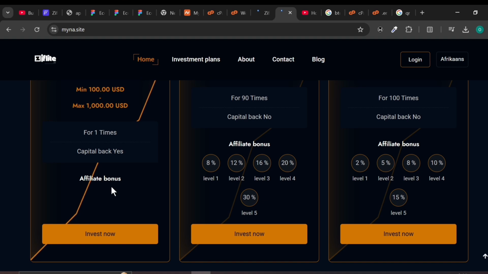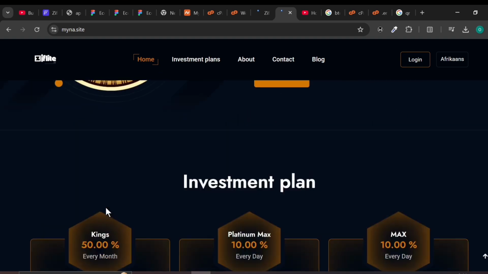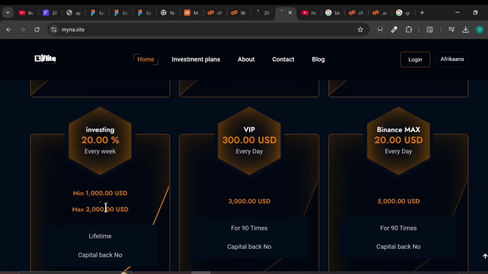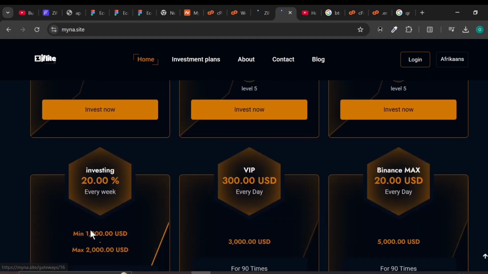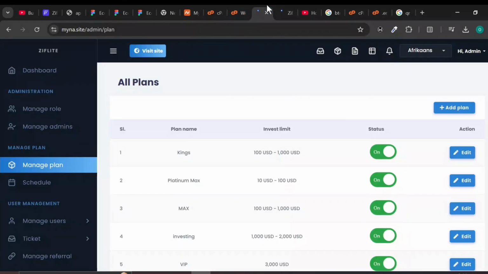All this one is capital. So the athlete bonus. There's an athlete bonus for each of these plans, but there's none for this one. If you want to set up an athlete bonus, you could do that. It means if they refer, they can actually get a bonus for that. All right, so that being done,